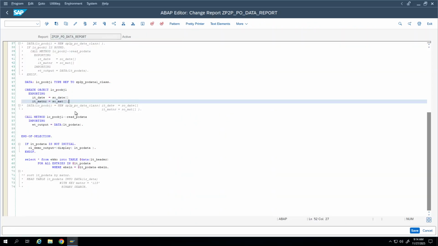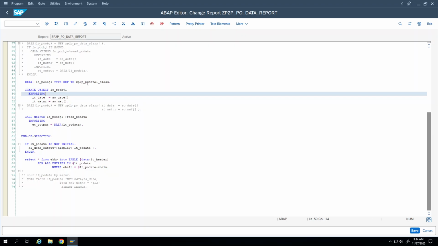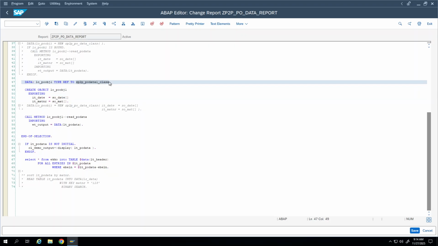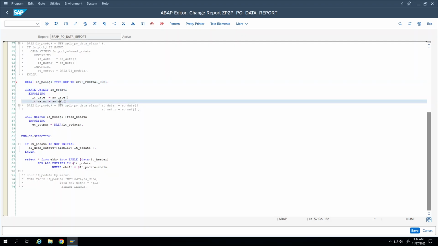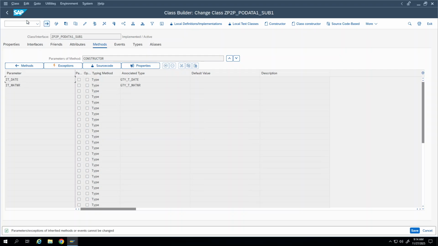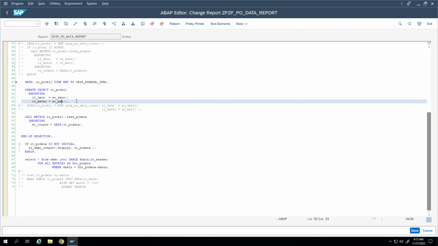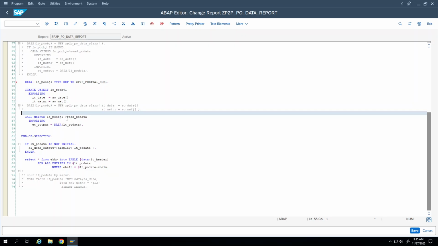Same process, no difference. Create the object and pass the importing and exporting parameters. Since there is a constructor method coming from the superclass, you have to pass the import parameters, date and material number. Create the object, pass the import and export parameters, and call the